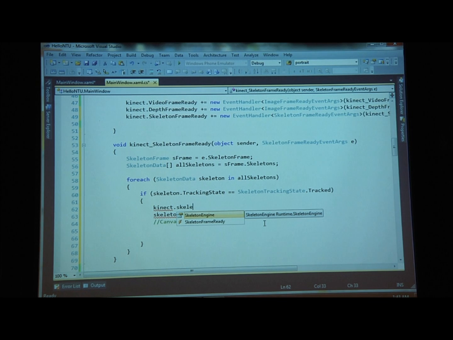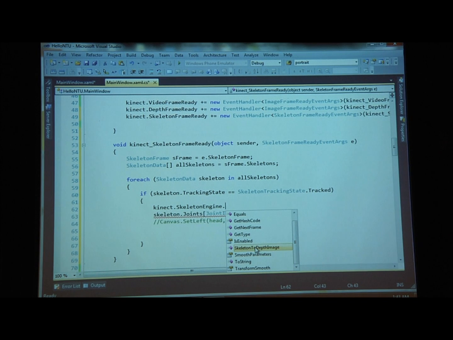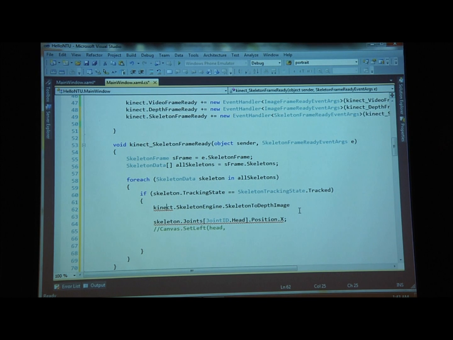called, in Kinect skeleton engine, there's this very cool method called SkeletonToDepthImage, right? If, say for instance, you don't really care about the actual dimension of +5 meters or -5 meters, if all you care about is where the head is as it relates to the 320 by 240 depth image, you can use this method, right? And you will almost always use this method if you want to take skeleton tracking and show it on the screen for whatever reason. So I'm going to say SkeletonToDepthImage, and you can basically see that it takes 3 values. It takes a vector for the exact point